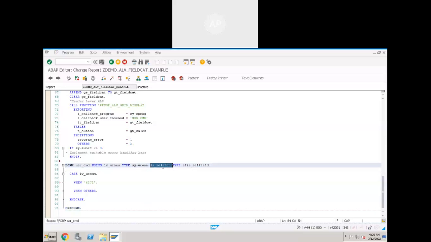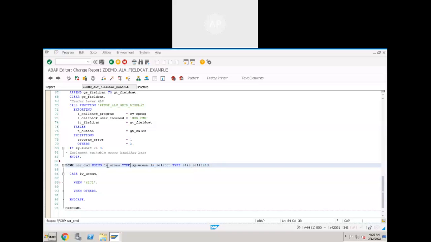So UCOM contains the user action, what the user did on the screen, and this structure contains the specific record which the user clicked on. Clear? These two are importing parameters.